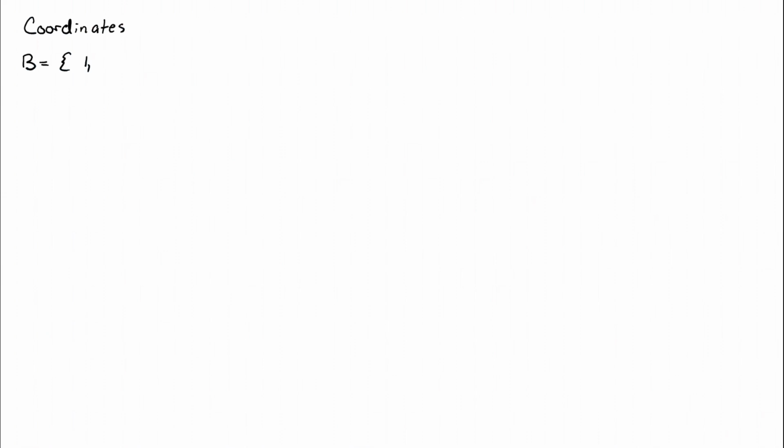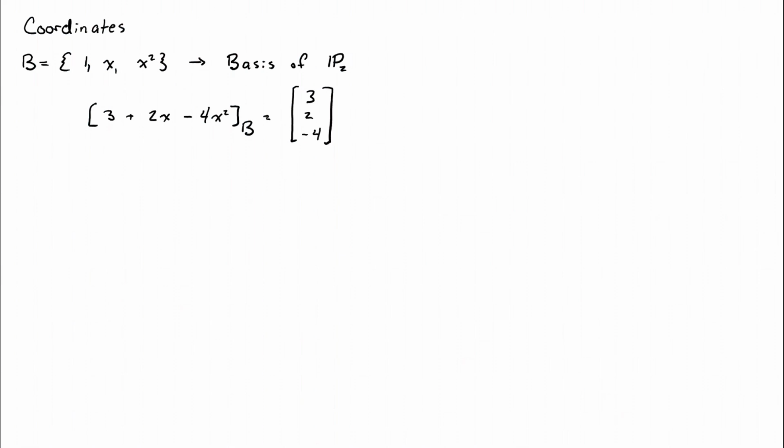Let B be the set {1, x, x squared}. This is a basis of P2. Importantly, this is an ordered basis of P2. This order is going to be critical. The vector 3 plus 2x minus 4x squared, written in the basis B, is (3, 2, minus 4), which is